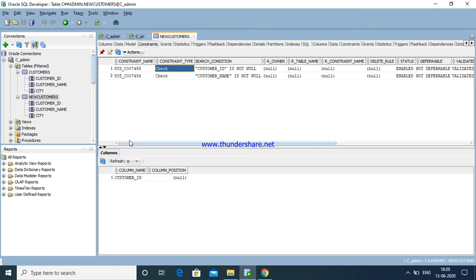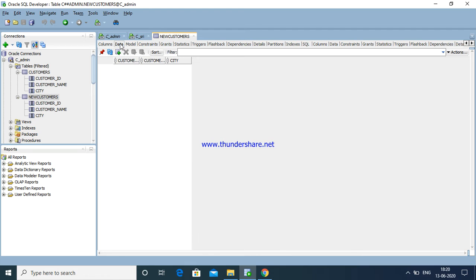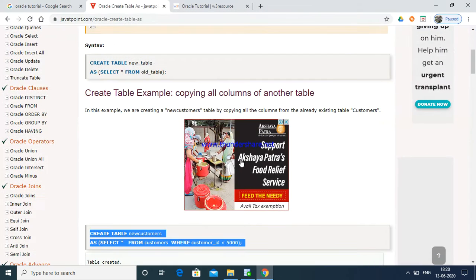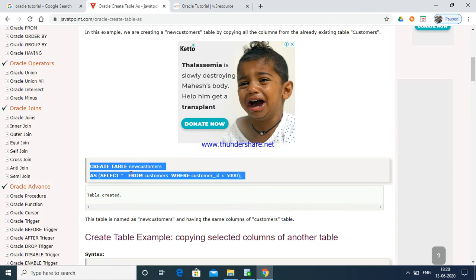Now check. See here, this is the constraint position, not null. I think it accepts the same way, using the customer's same columns. Okay, now we created a table using the as statement. Same way we are going to see next.